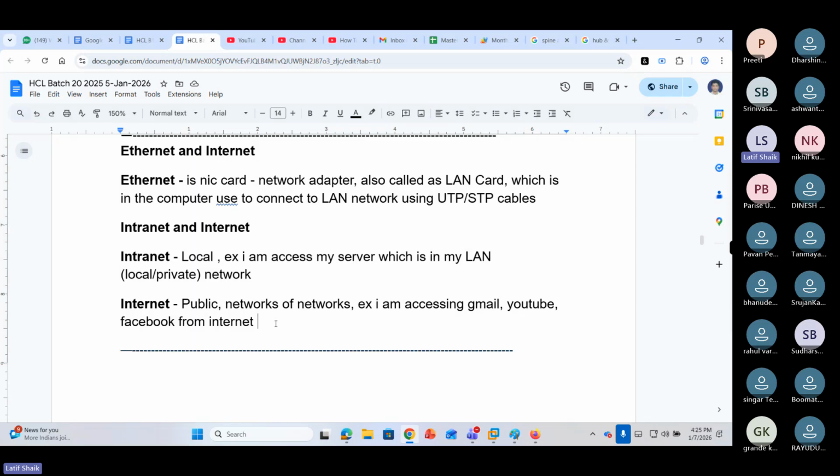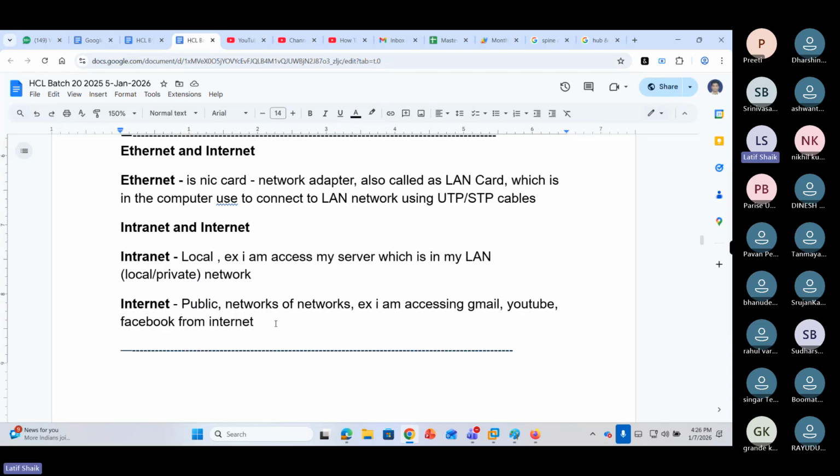It's publicly shared. So publicly available resources and services, we can access by connecting to the internet. To connect to the internet, you need a subscription from an internet service provider, ISP. We'll come to that point again.